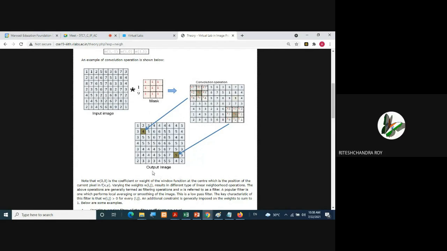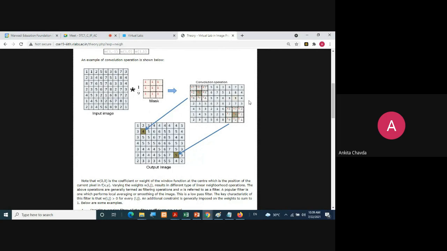So this is the new output image. Another example they are showing is 872, 781, 921. They are doing the averaging of it, and previously it was 8 here, but now the new averaging value is 5. So it will simply replace it with 5. This is how you are not applying it just on this or just on this. You are applying this filter on each and every pixel.